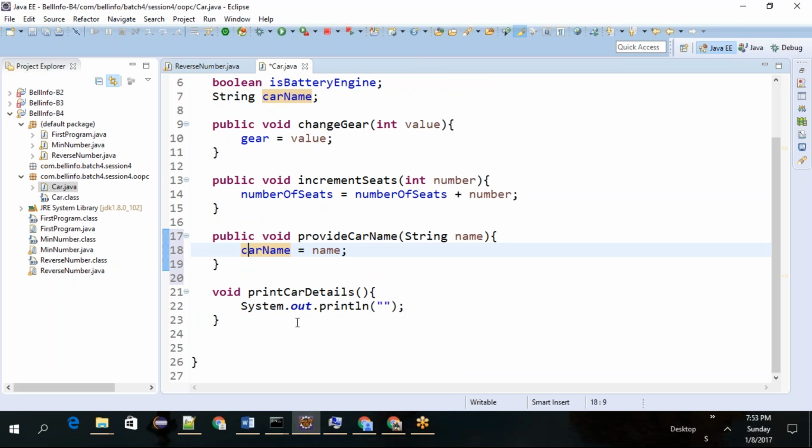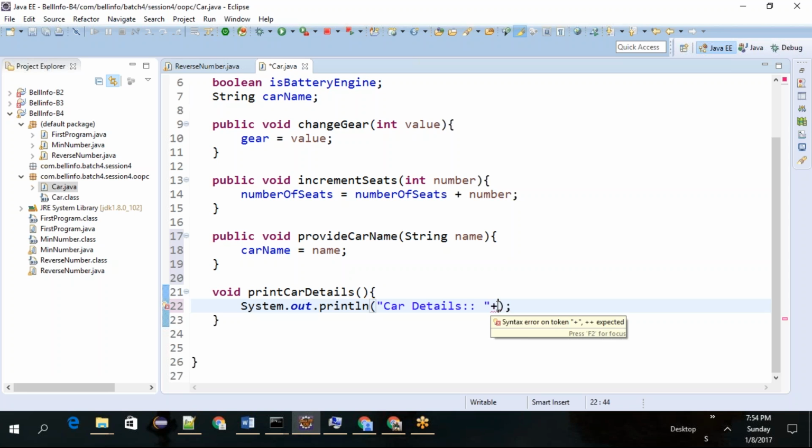Okay, now here, car details. I'm going to print simply car details. Don't worry, just focus, keep looking and try to understand as much as you can. The more you do these programs, the more easily you can understand. Okay, there is no rocket science, trust me. Car details, what you called